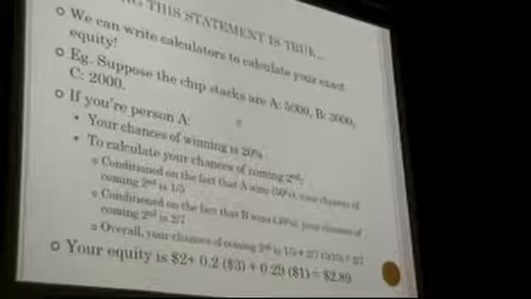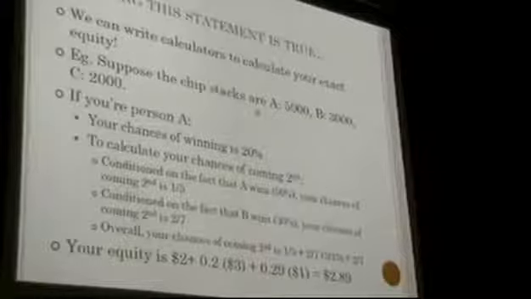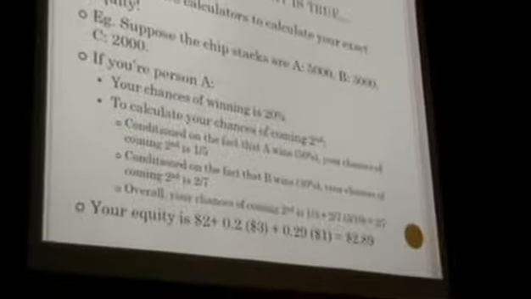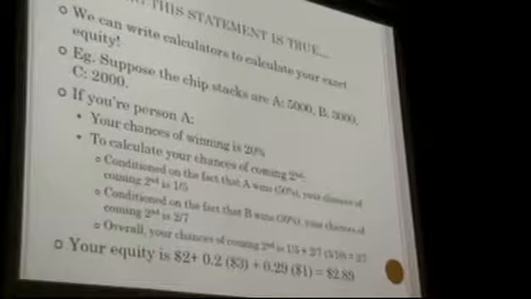And then to calculate your chances of coming second, this is just some probability math. Hopefully everyone knows what I mean. You're trying to calculate the chance that you come second, and the way you do this is you condition on the fact that player A wins and also condition on the fact that player B wins. Is it clear what I mean by condition? You first consider the case where player A wins, and that happens 50% of the time. And assuming that happens, if you know for a fact that player A will win, your chances of coming second is basically